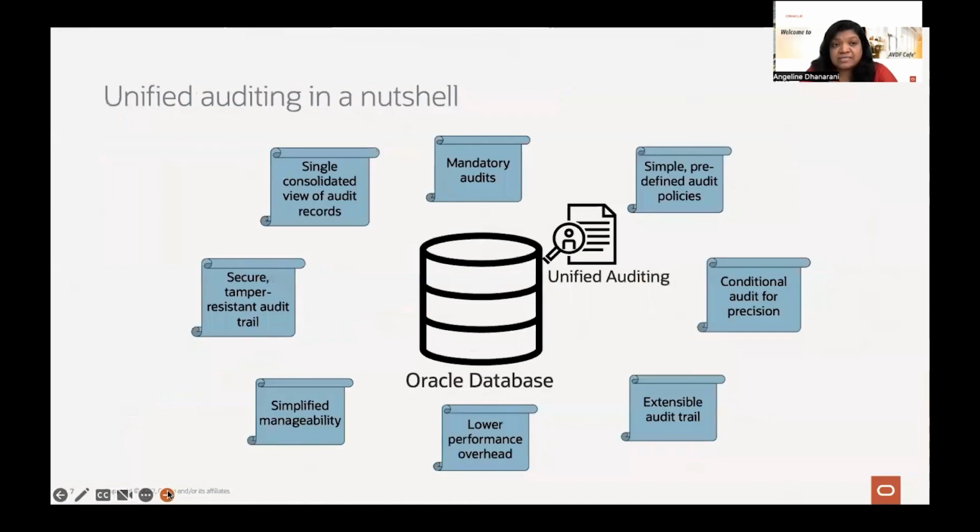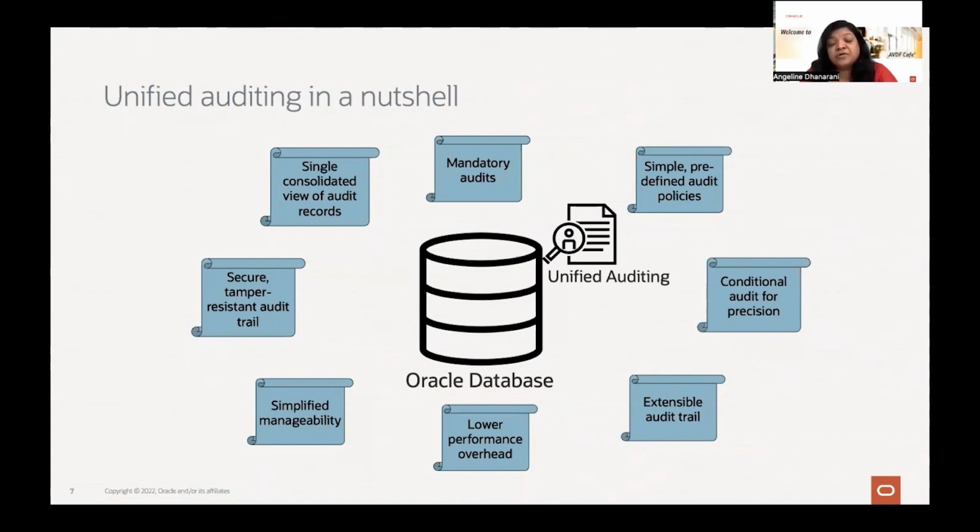Okay, so that said, what is unified auditing and why is it quite interesting? Why is it the path forward? We have quite a lot of features. One of the important features: if you are used to traditional audit, you would see the audit records in many files scattered everywhere. For example, the standard audit goes to the DBA audit trail, FGA audits go to the FGA audit trail, or if you have configured Database Vault, it goes to its own audit trail.